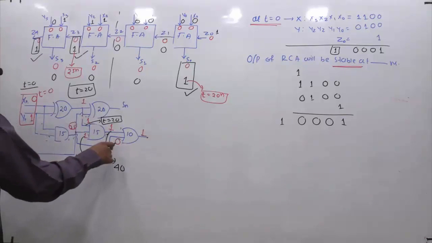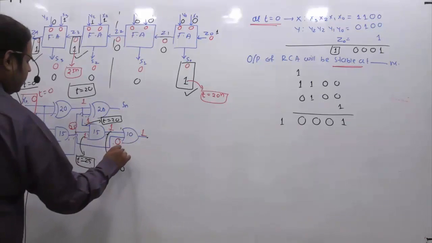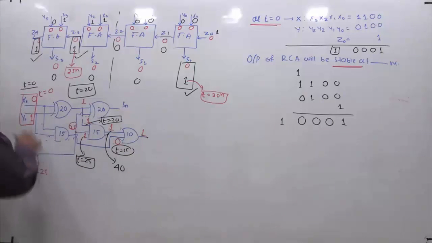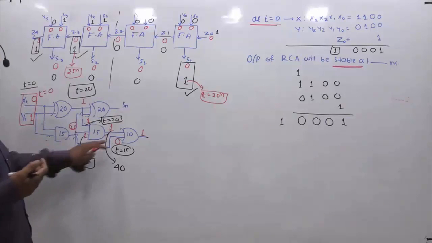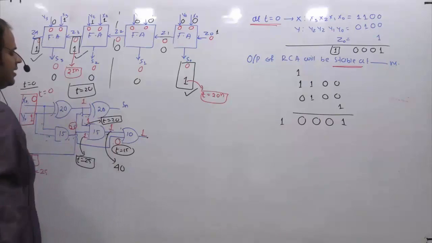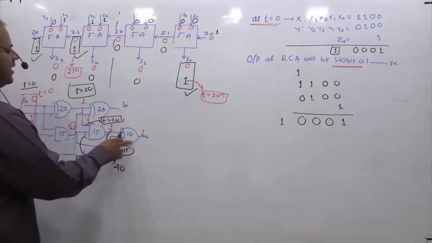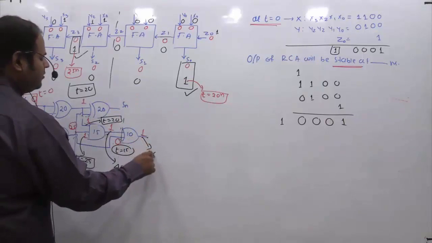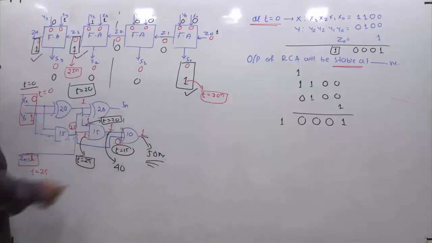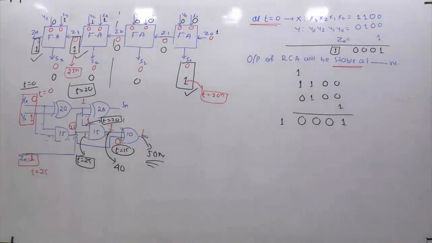And what time are you getting this 0? You are going to get it at t equals 15 nanoseconds only. Why? Because these inputs are available at t equals 0 and its own delay is 15. So you are getting this input at 40 nanoseconds and this one at 15 nanoseconds. At what time are both inputs available? The answer is 40. So at 40 both inputs are available and its own delay is 10. So the final output you are going to get at 50 nanoseconds. So the answer of this question is 50 nanoseconds.